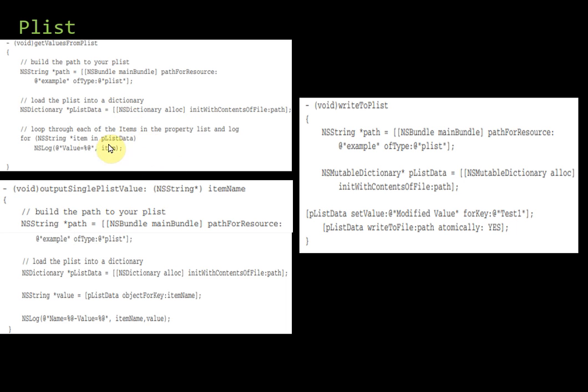So what we are doing in this part, they have given it as a function, or they have given it separately. This is one function wherein first of all you're going to get the path, that is, build the path to the plist. Your plist will be stored in a separate file directory. So you're going to get that path. Okay, and after you get that path, it loads that plist into the dictionary object.